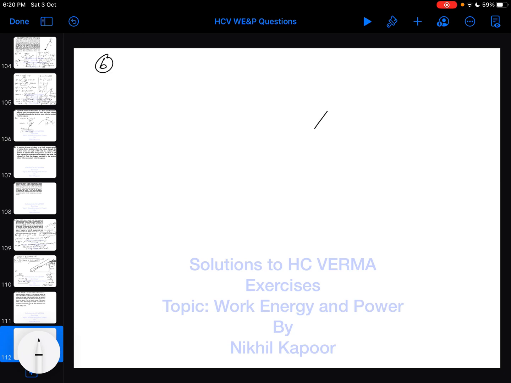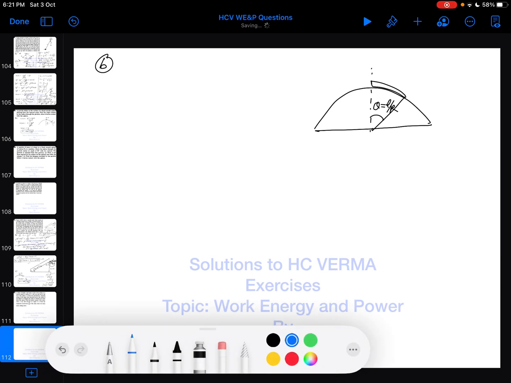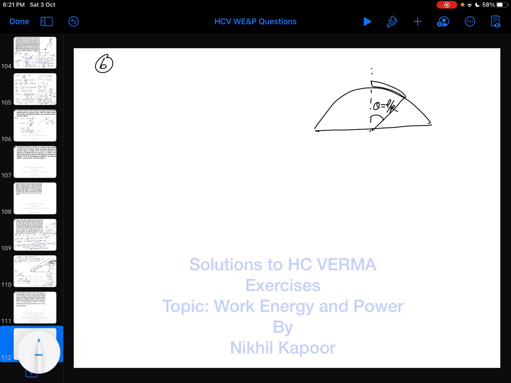Okay, so let's take the next page for part B. Now for part B, it is said that, so this is that chain, and this whole chain, initially, is subtending an angle equal to L upon R. Now I will draw with the blue color. When the chain has slid by an angle, say theta, this would be the position of the chain, like this. And now the angle subtended by the chain is still L by R, but it has turned through an angle theta here.